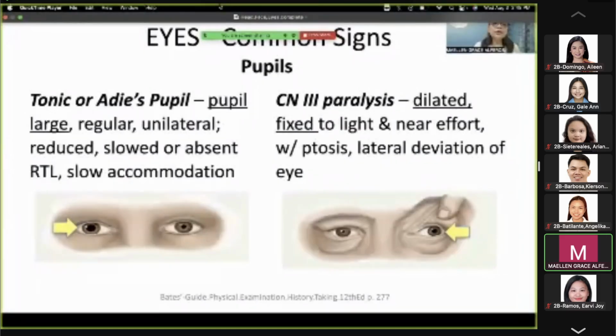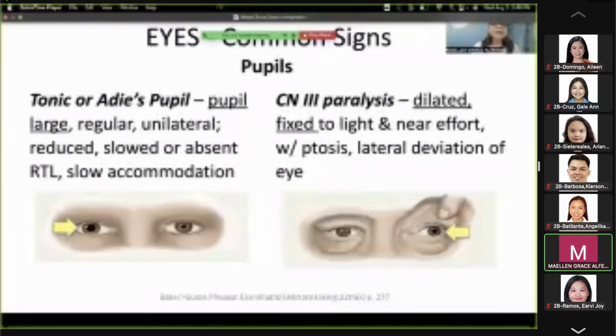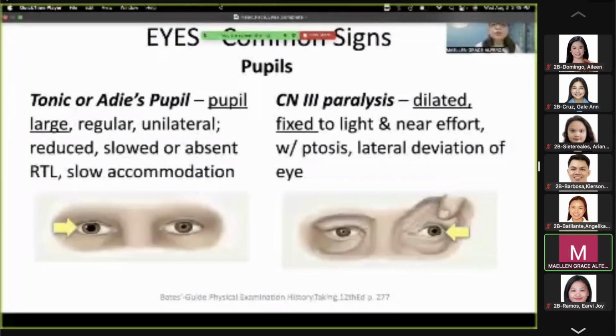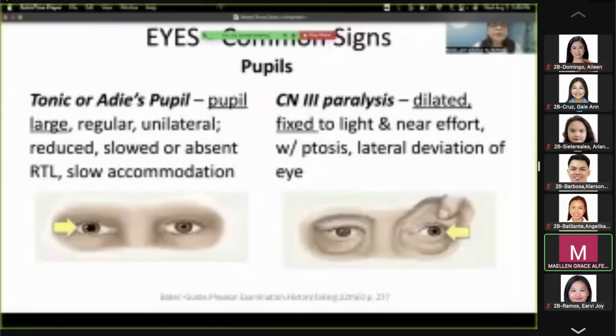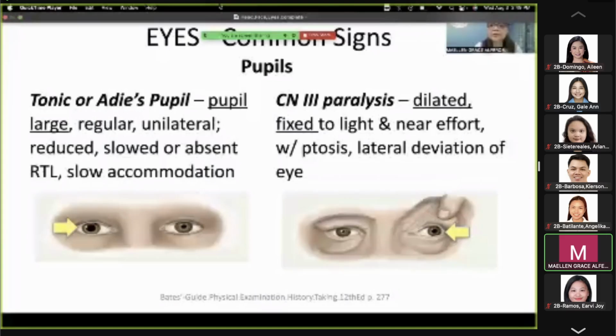One is the tonic or Adie pupil, wherein the pupil is large, regular, and unilateral. Usually there is reduced or absent reaction to light, and there is also slow accommodation. The cause of the tonic or Adie pupil is not known, although it can occur in trauma, surgery, and